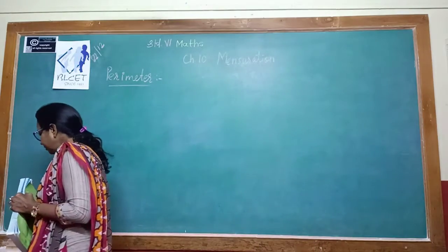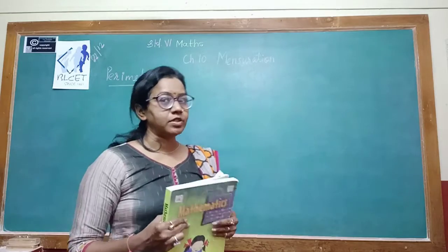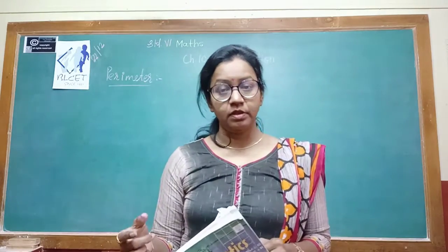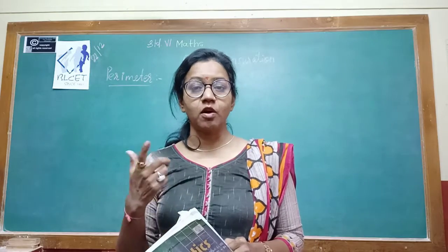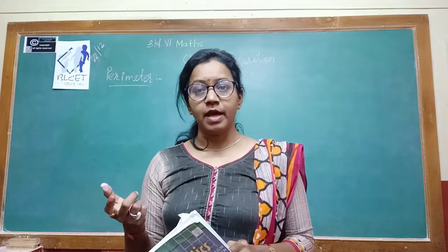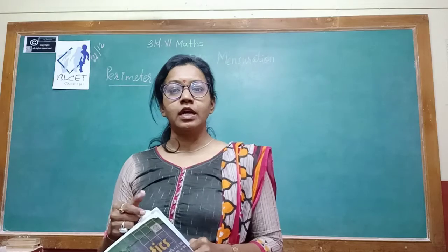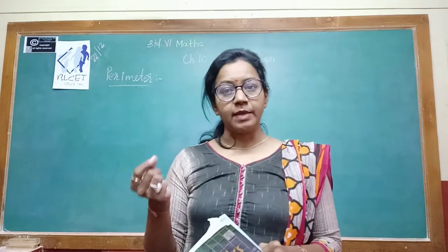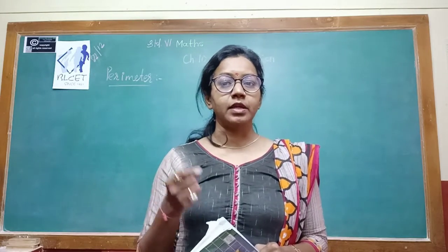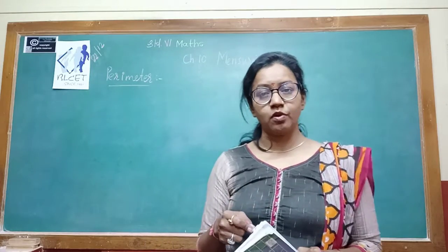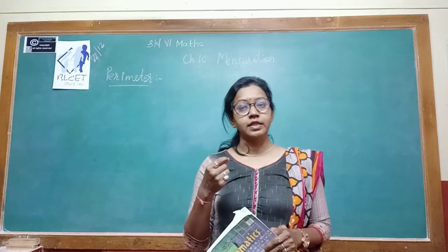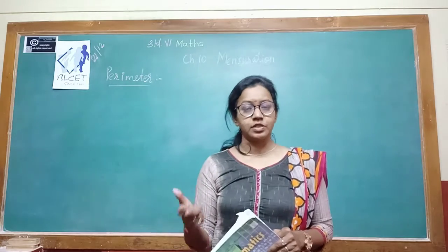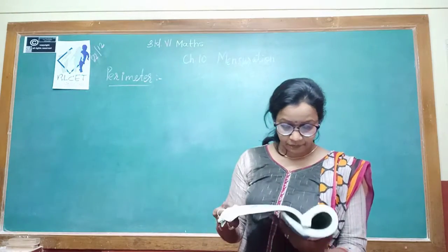Sometimes you have an irregular shape of an object. Then how will you find the perimeter? That also we will learn in this chapter: perimeter for regular shapes and perimeter for irregular shapes. So what is the concept of perimeter? The total length, or boundary, of the given object is known as the perimeter.